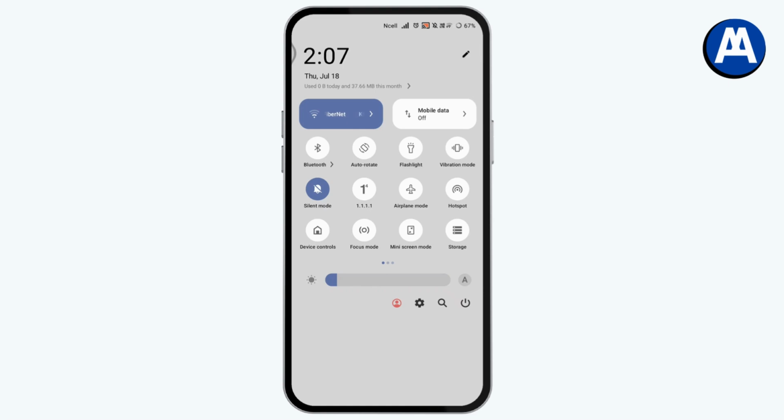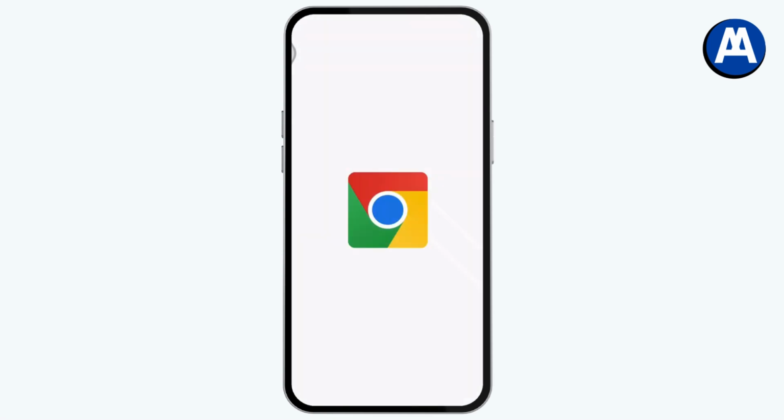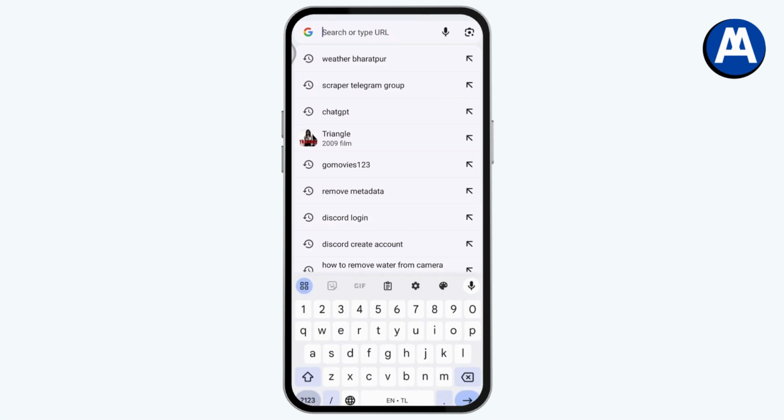So you need to have two phones, one is an iPhone and another one is Android, and you need to connect to the same Wi-Fi network on both of the phones. And once you've connected to the same Wi-Fi, you just need to go for the search. You can go with a browser on your Android and Safari on your Apple. Once you're on the browser, you need to go for the search and search for